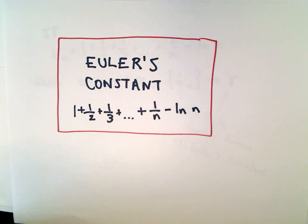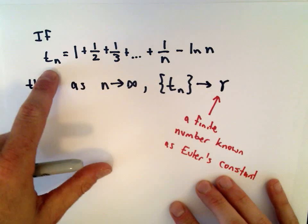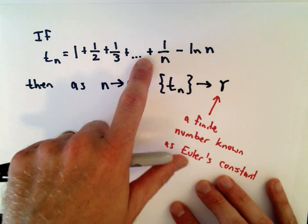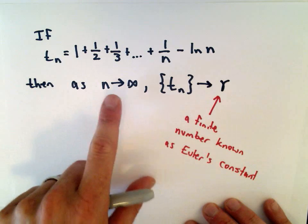Okay, in this video I want to talk about Euler's constant. And Euler's constant, what is it? Well, the idea is if we let t sub n equal 1 plus a half plus a third plus dot dot dot plus 1 over n minus the natural logarithm of n, if we look at the limit as n